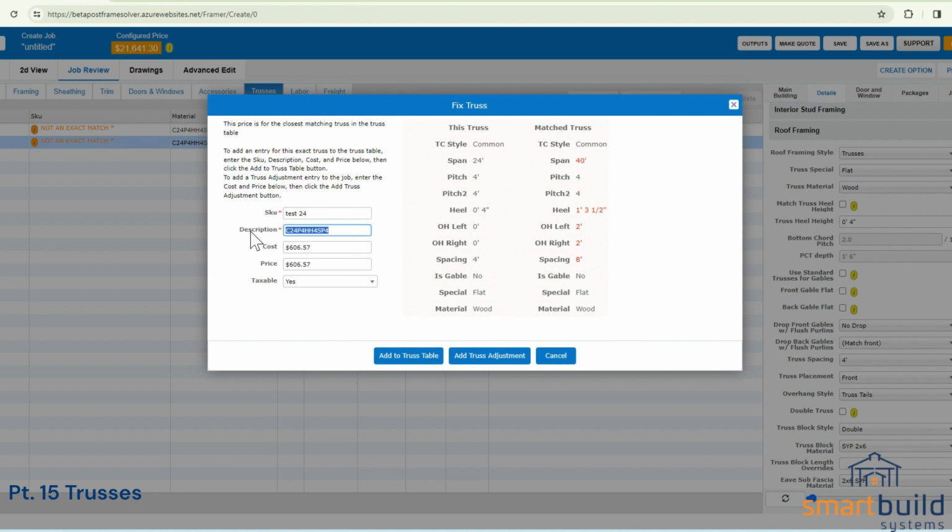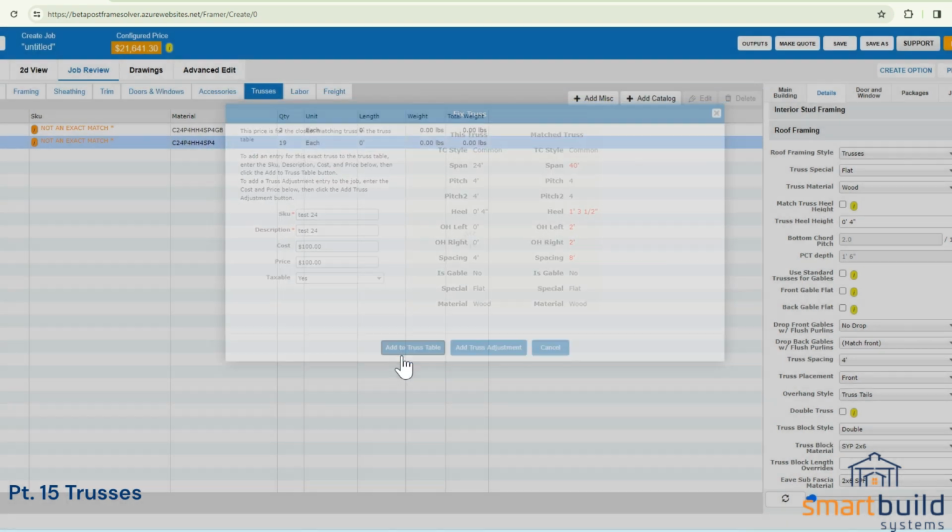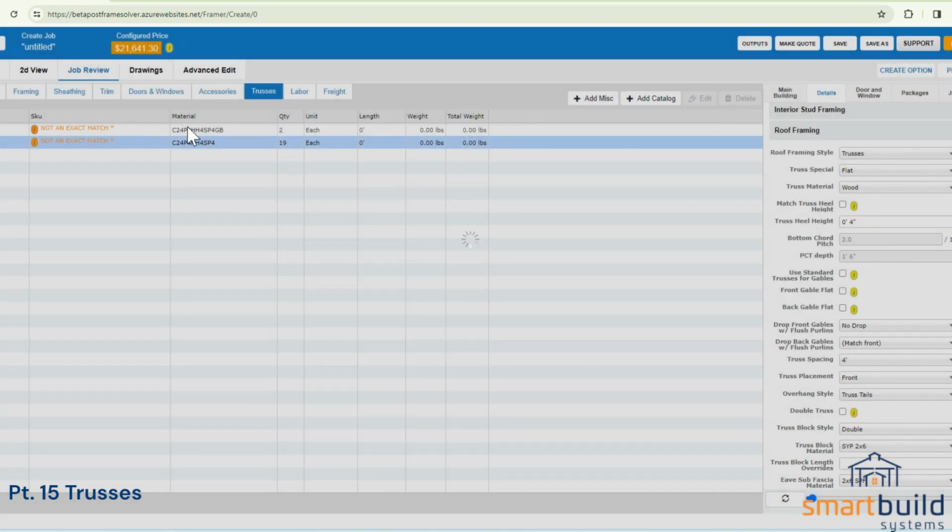And again, you may choose to go ahead and put the actual SKU in here. I'm just doing a test 24 for this run, but you could choose to put the actual SKU and the actual price in here of your 24-foot truss, and then you're done. So when you add this to the truss table, you would do the same for the gable, repeat that process